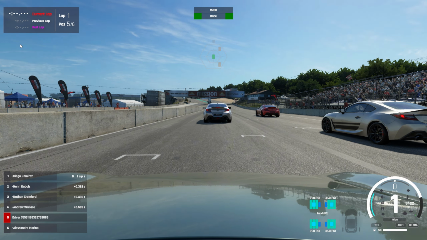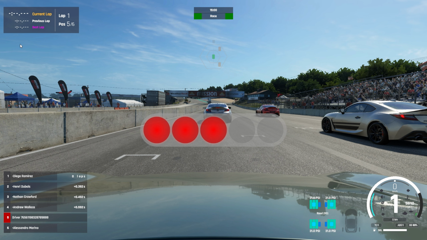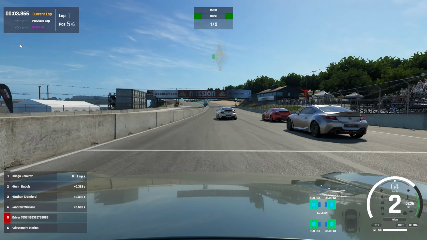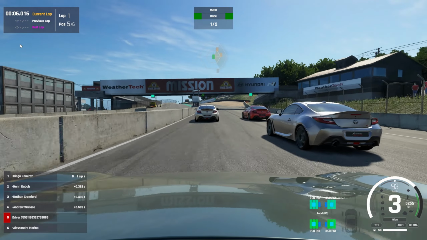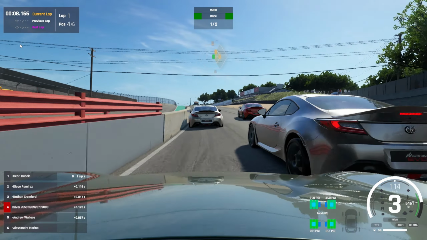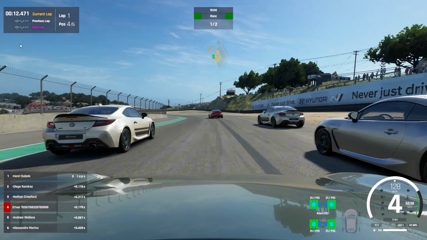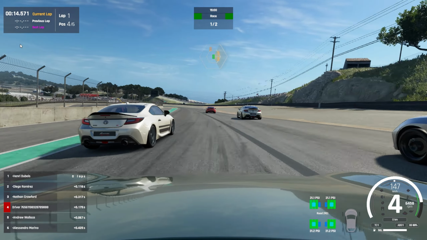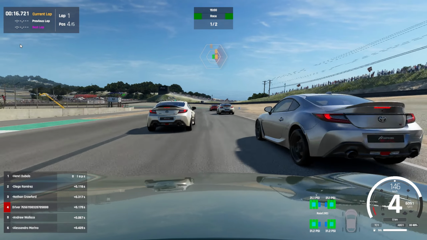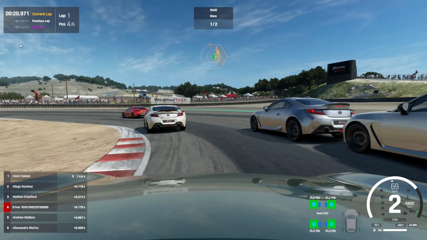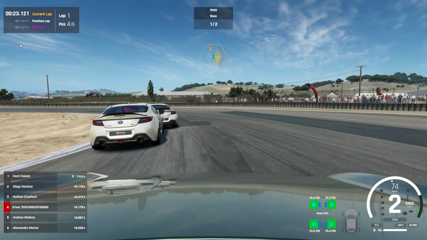Alright, finally, now we can get into the driving experience. Right off the bat, you can see that I've been practicing with the GR86 Hakone edition, and so far I'm really happy and impressed with how smooth and responsive it is. The steering, the force feedback, the clutch, and the brakes all feel so real. Kunos did an amazing job fine-tuning the 86 exactly to how it feels in real life,